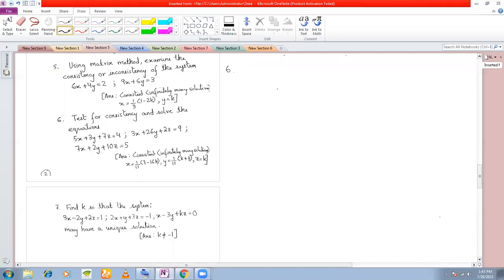The question is to test the consistency and solve the equations. So the given equations are